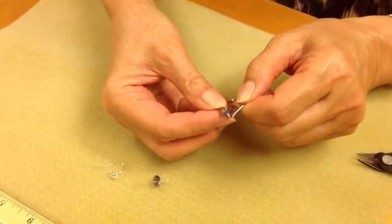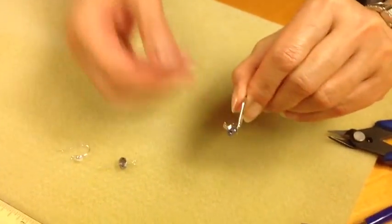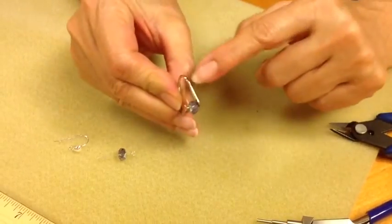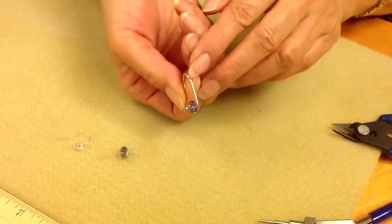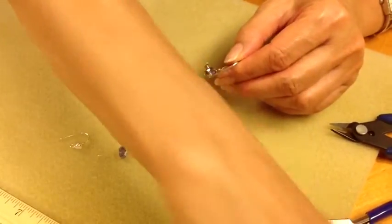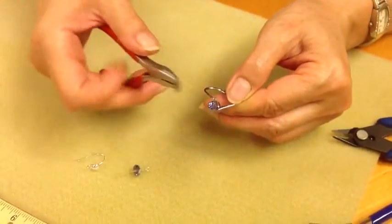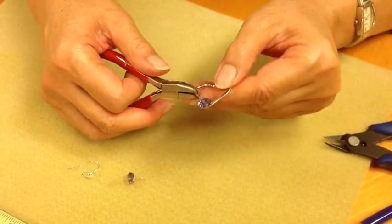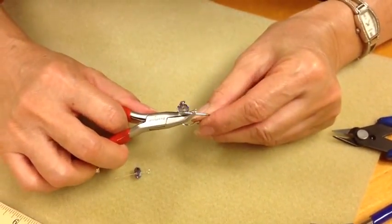And then I'm going to push the tips together, and that will hold it, but it's still loose. So you'll notice right now the wires are curved outwards away from the bead on both sides. So I'm going to take my plier. It can be a bent nose like this or a straight chain nose plier, and looking from above I'm going to,